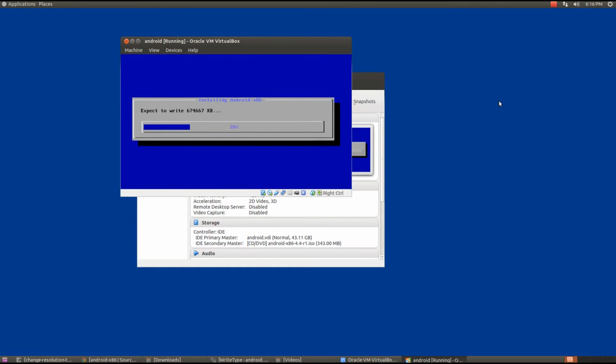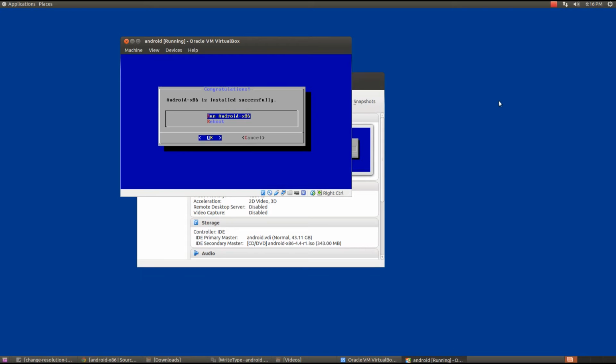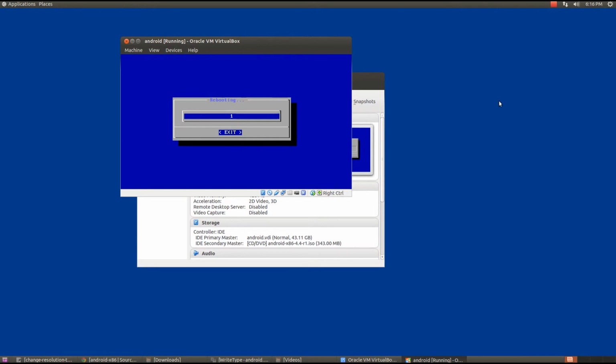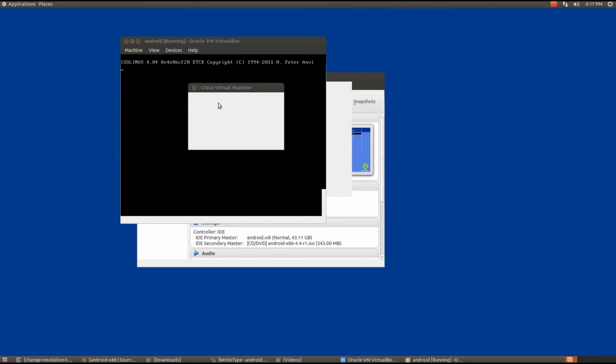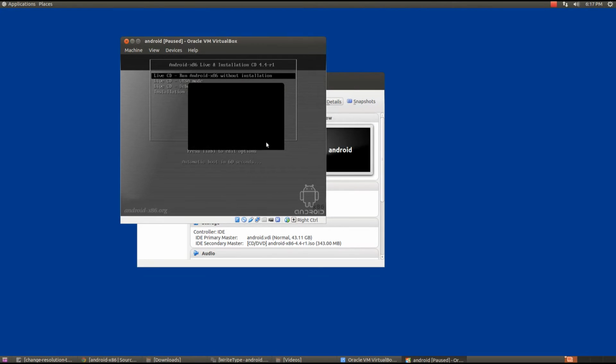So now it's writing everything to the system. It goes pretty fast, just a few seconds. Now I can choose to run Android, or I can choose to reboot, and I want to reboot and exit, and now I want to turn it off. So power off,